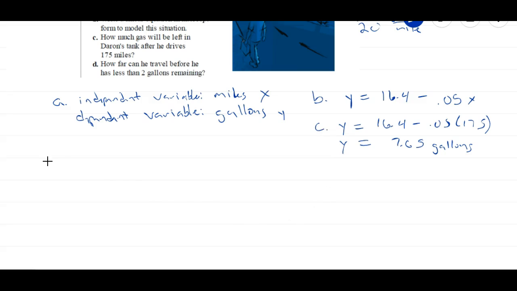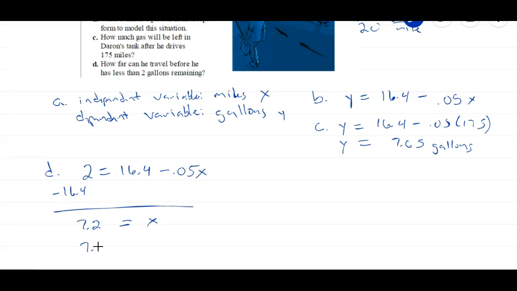And then for part D, how far can he travel before he has less than 2 gallons remaining? So we're going to say 2 gallons equals 16.4 minus 0.05x. Alright, and then all we really have to do is subtract 16.4 and then divide by 0.05. And when you do all of that stuff, you get x equals 7.2. So our answer is 7.2